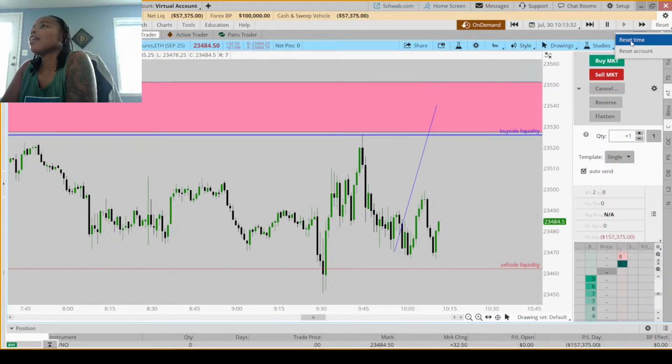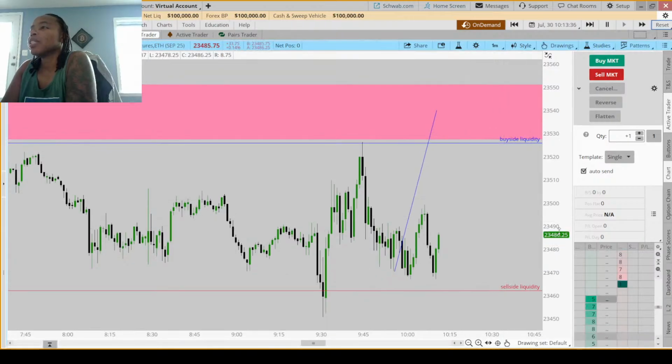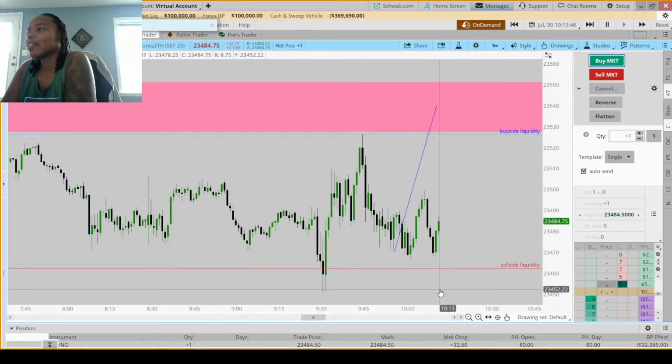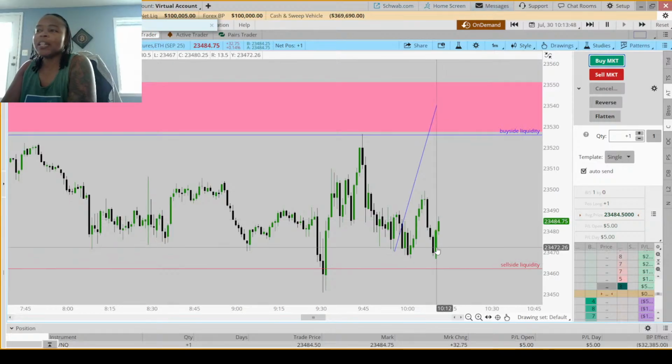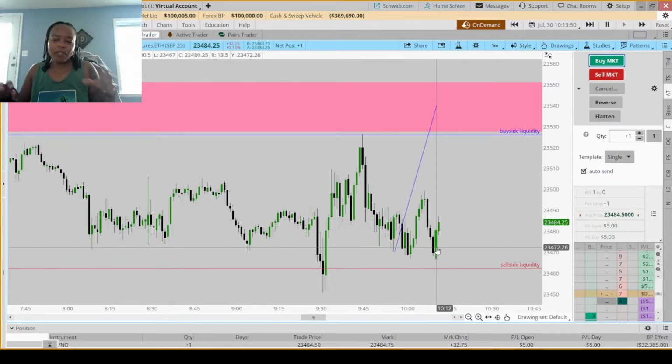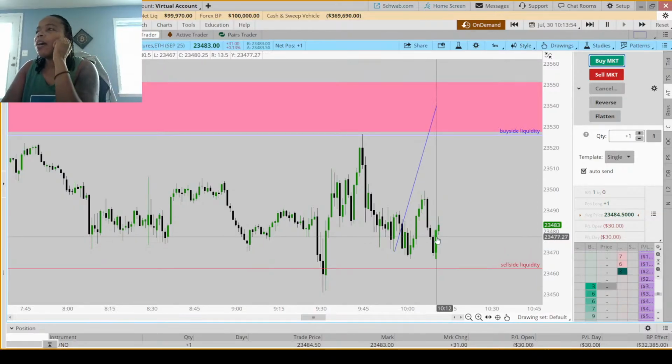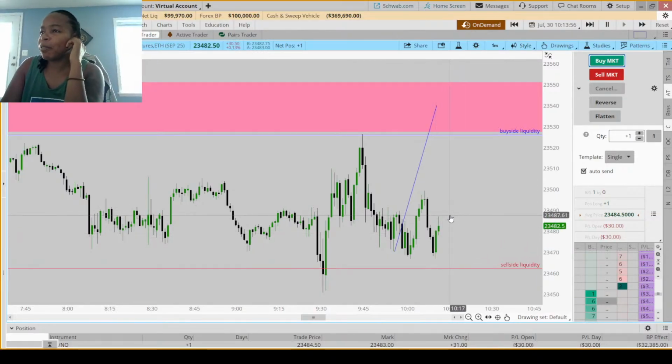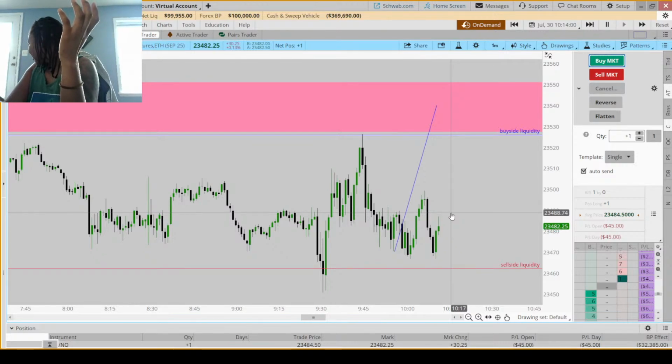All right, let's reset the account because this is ridiculous. And then let's see if it'll let us do a market buy on that. It will. Okay, so we've just learned that when using this, you can only do it on the newer time frames. You can't use it on